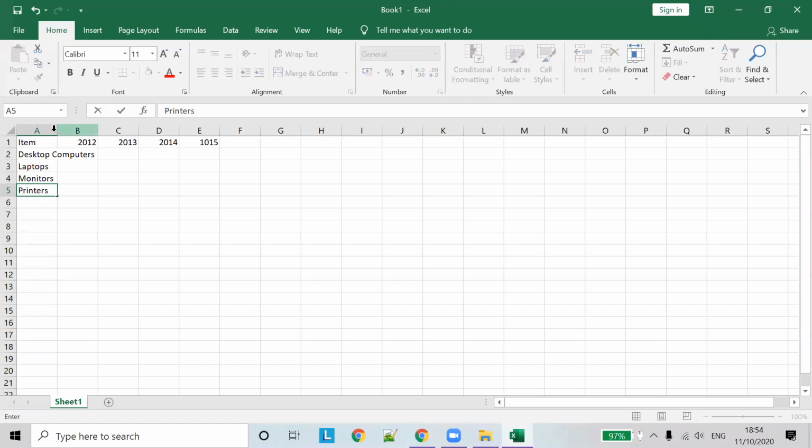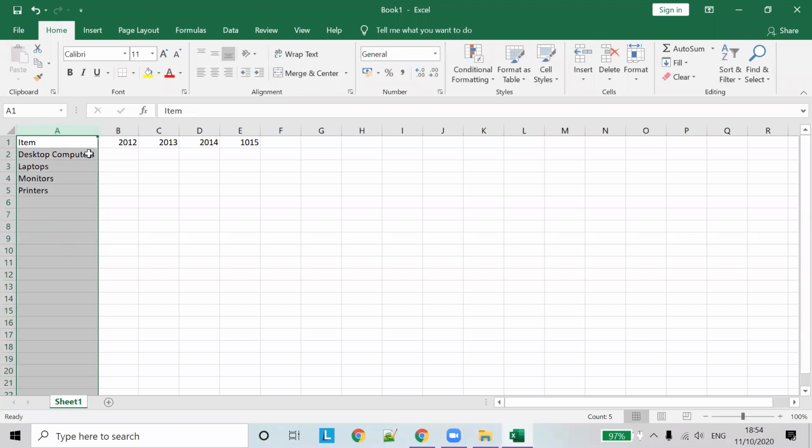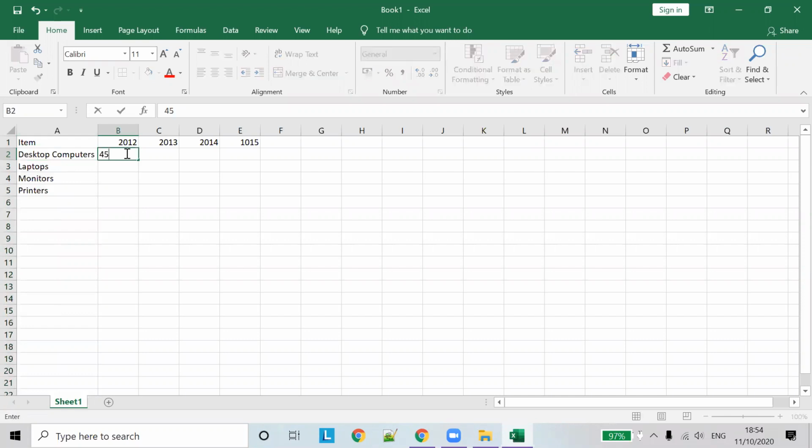Let's assume we are running a tech sales shop and selling all these items. We assume we sold 45 desktop computers in 2012, and something like 56 monitors. We'll give random numbers for everything.